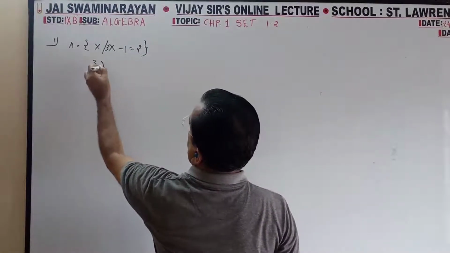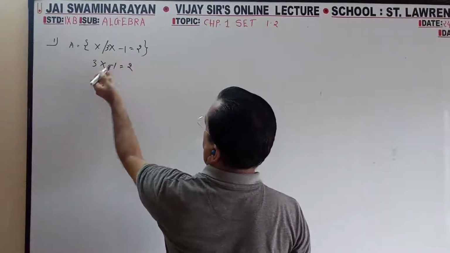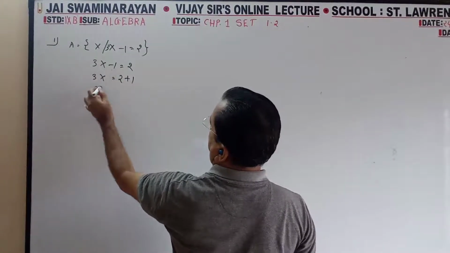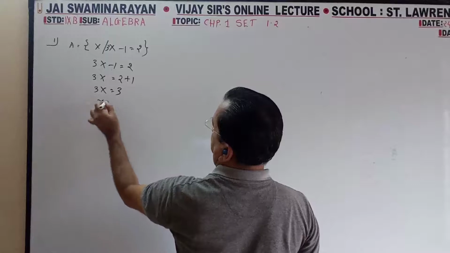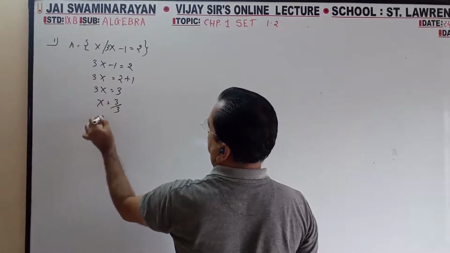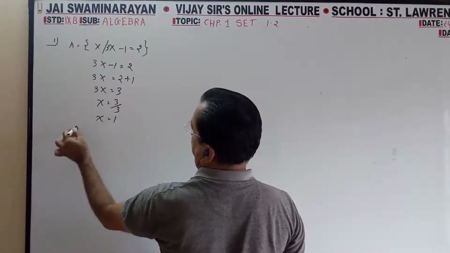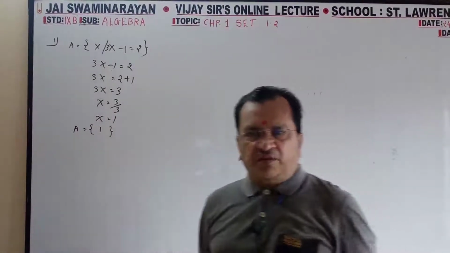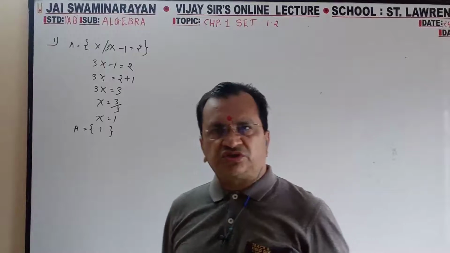So 3x minus 1 is equal to 2. This will jump here: 2 plus 1. So 3x is equal to 3, x is equal to 3 by 3. So x is equal to 1. So A